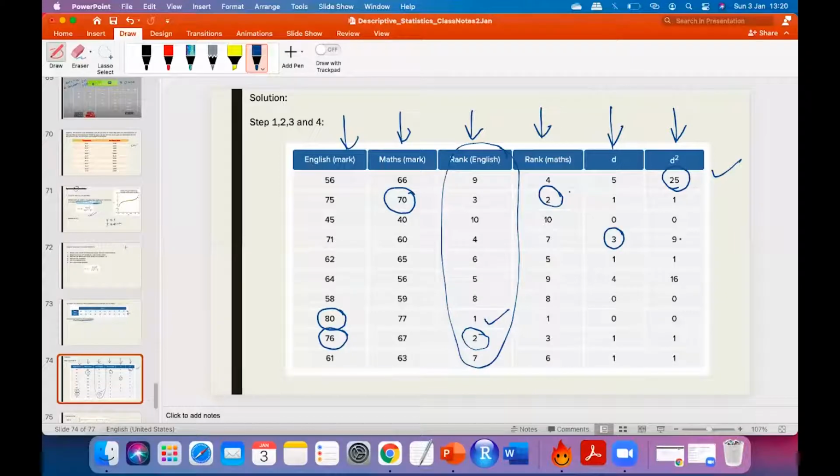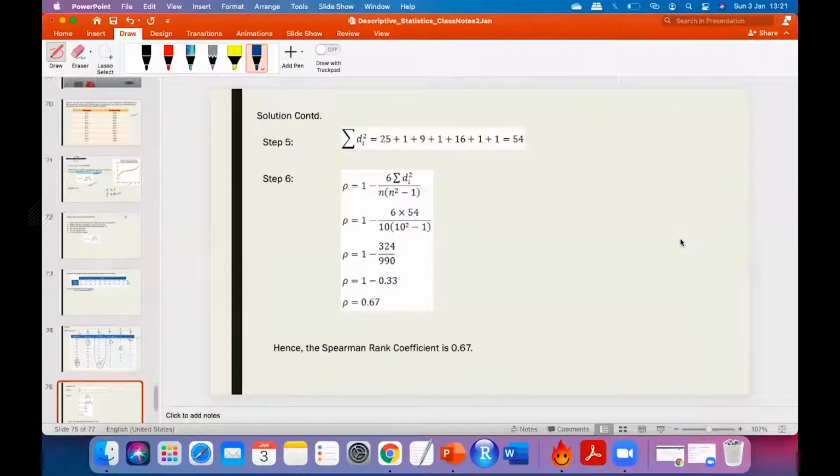If there are 5 subjects, then we have to get the difference of all these 5 ranks, right? If you have 5 students in your class, then rank will be till 5 only. You cannot have 10th rank, correct? I'm saying, if there are 5 subjects instead of 2, then also? No, see, rank correlation you can only find of 2 variables. Yes, sorry. Okay, understood? Now let's go ahead.